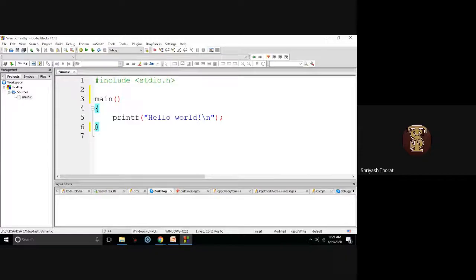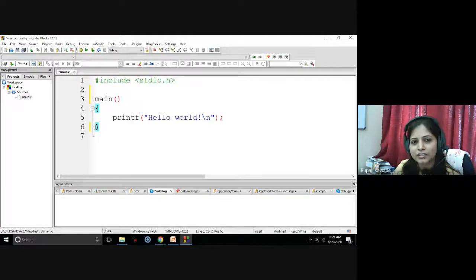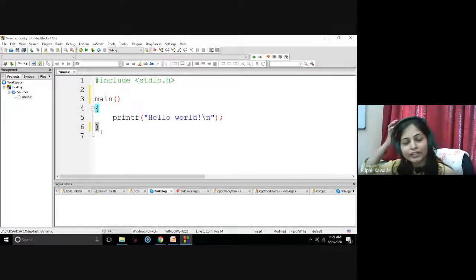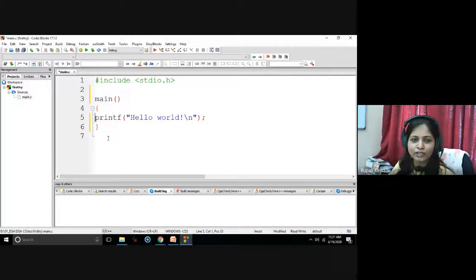Hash include stdio.h. Header files. What is the use of the header files here? Standard input and output.